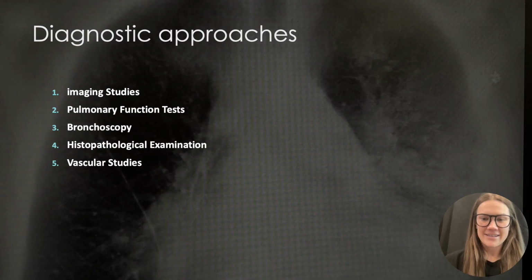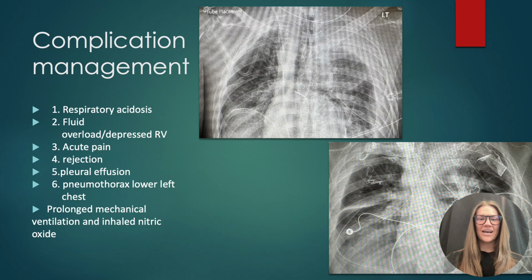So this slide may be a little bit out of order with complication management. These complications can arise pre-transplant and post-transplant, such as respiratory acidosis. For respiratory acidosis, it might be something brewing in the lung cavity, so we'll get a bronchoscopy. We'll send for sputum cultures. We'll grab serial ABGs and then change the vent settings accordingly. And we'll add a pulmonary toilet such as Mucomyst, DuoNebs, sometimes chest CT and physiotherapy.